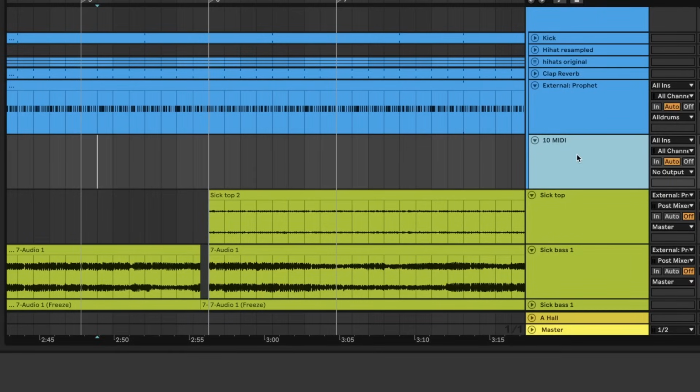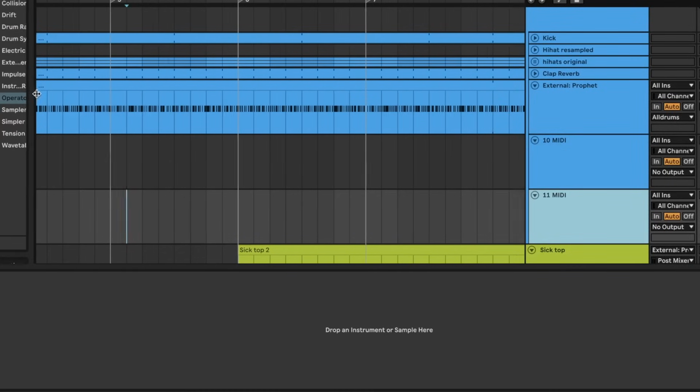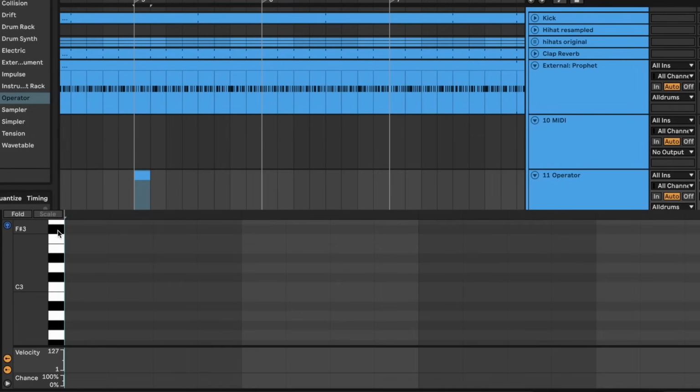For example, in this track, I want to create something that is in E minor. I want E to be the home key, and so I just want to create a droning pattern in E. I don't even want it to change notes. So let me start on E and figure out a rhythm that I like. So I'd create a MIDI channel using Command-Shift-T, and in that I would place a very basic synthesizer like an Operator or whatever comes with your DAW, and I would make myself a little 1-bar loop. And in that 1-bar loop,